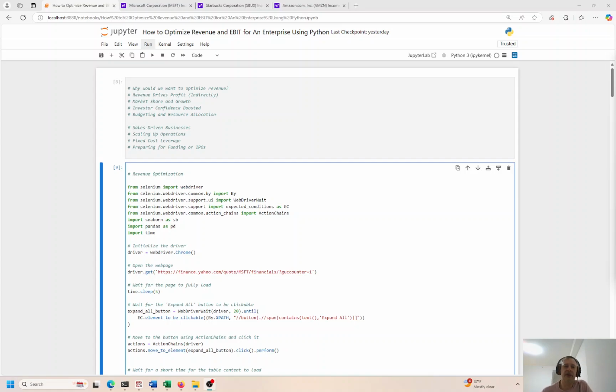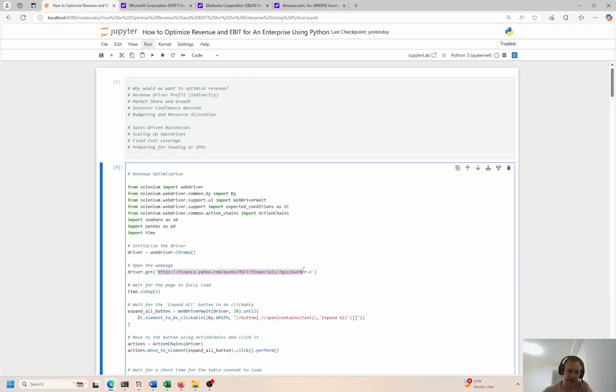All right, everybody. I've got a good one for you today. We are going to actually optimize the revenue for Microsoft. Okay, we're going to import some data from yahoofinance.com, and I have a couple videos about screen scraping and importing